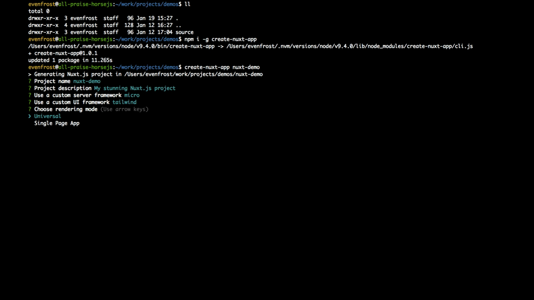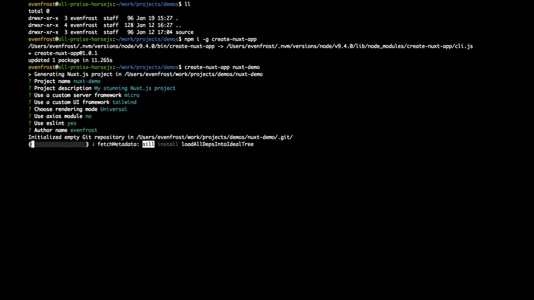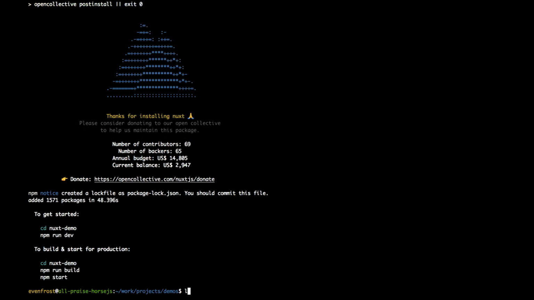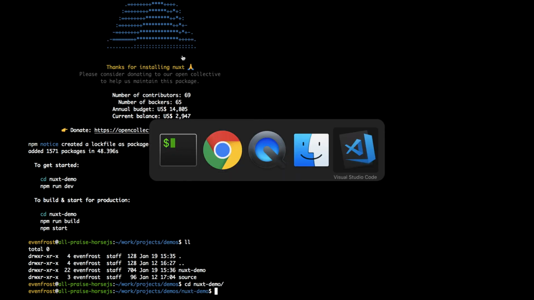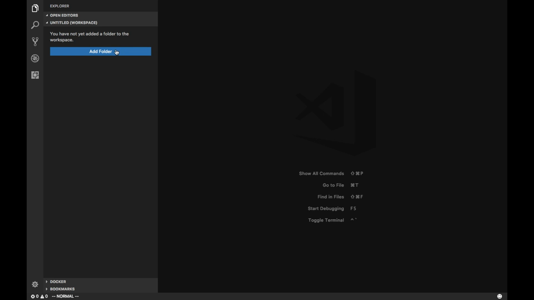And you can either create a universal web application with server-rendered routes and views, or just a simple single page application. Let's create the universal one. We don't need the axios module for this, and we use ESLint, and that's my name. So let's wait till it installs. So we installed this boilerplate now, and here is our folder, nuxt-demo,